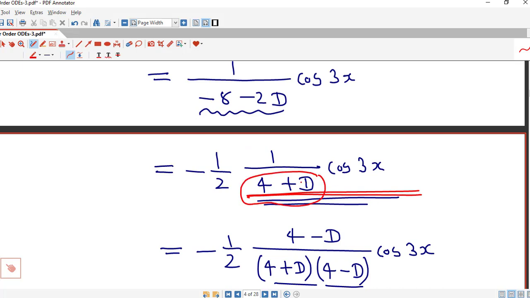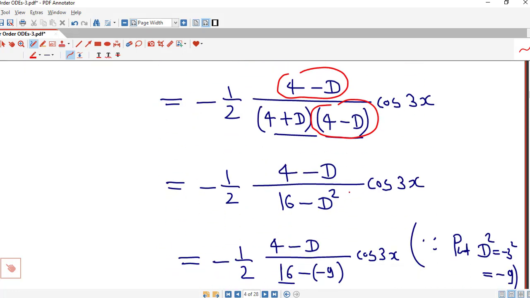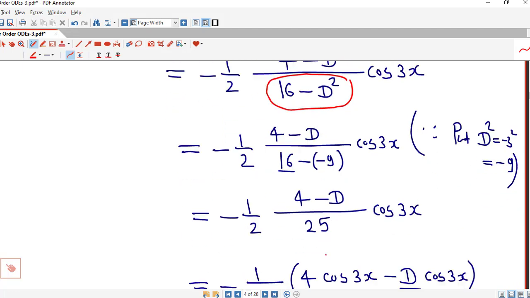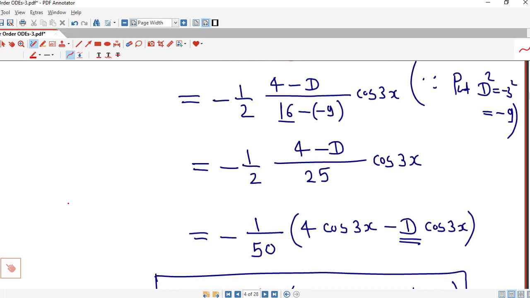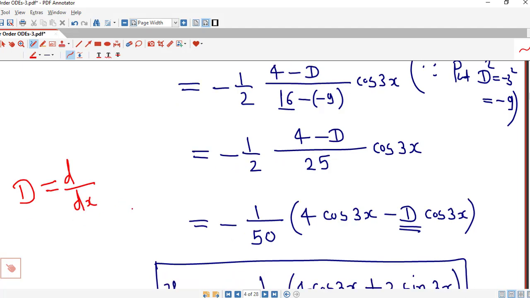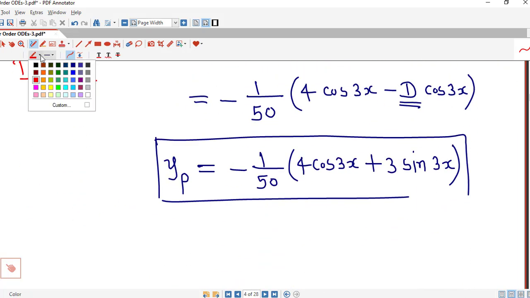So to get D square, we multiply and divide by 4 minus D. So we have 4 minus D divided by 16 minus D square. Now we have D square here, so that D square again is replaced by minus 9, and after simplifying and using the fact that D stands for d by dx, we obtain this particular integral. In this way we can easily find the particular integral